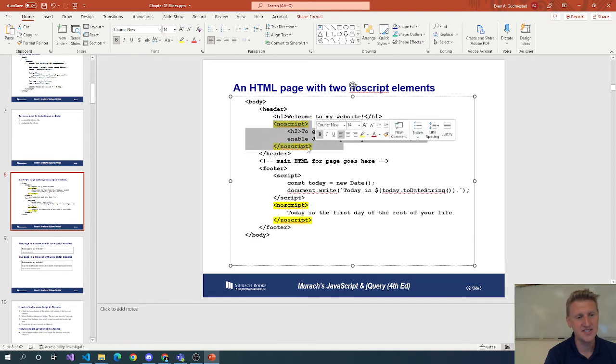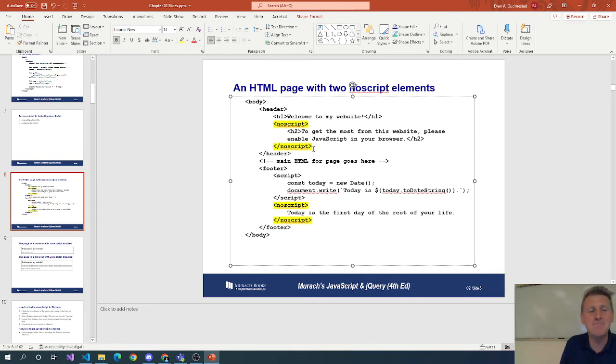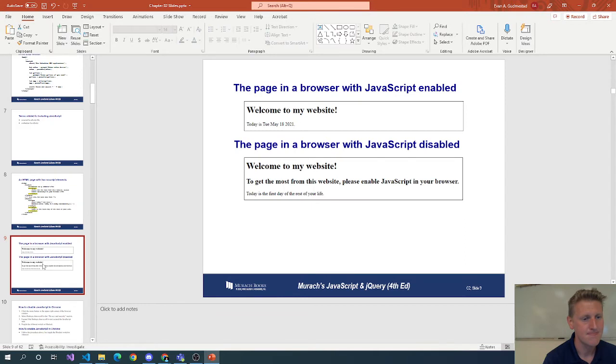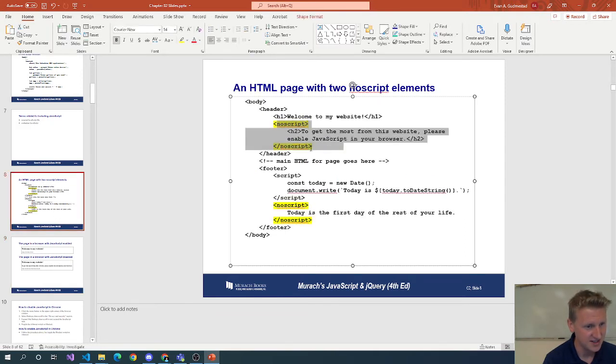This noscript tag is just a way of letting the user know, hey, you're missing this feature on this site because you've disabled JavaScript. So if you want to use our website and get everything out of it, you might consider turning off those security features. All right, so that's all that tag is. That's just an HTML tag that